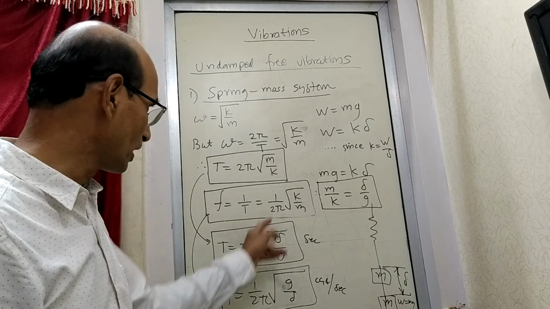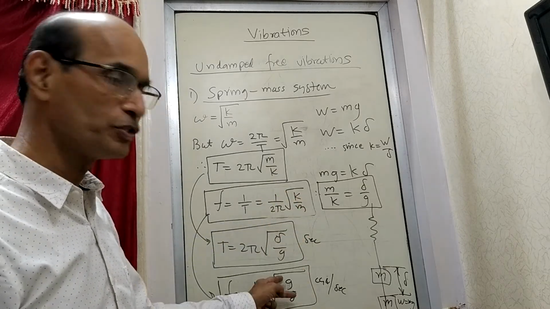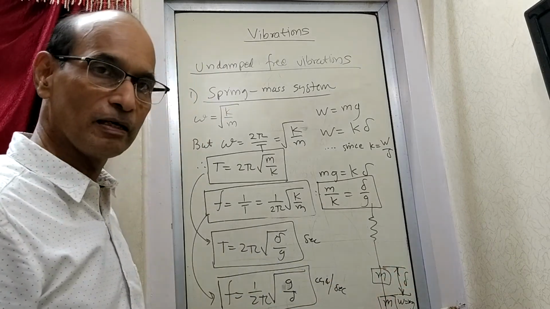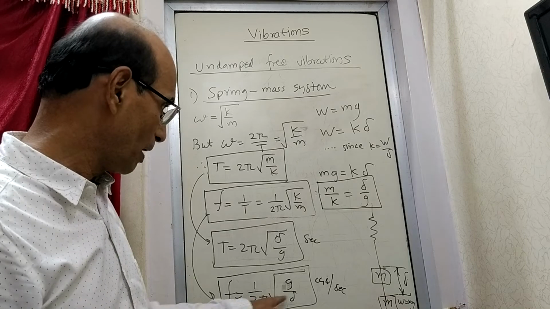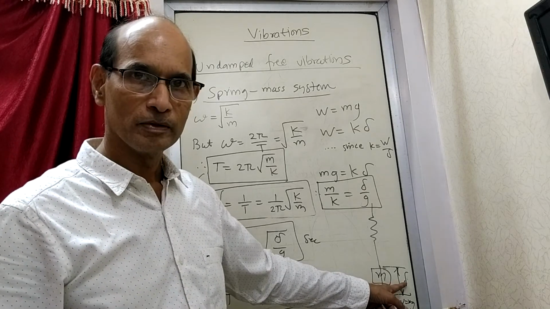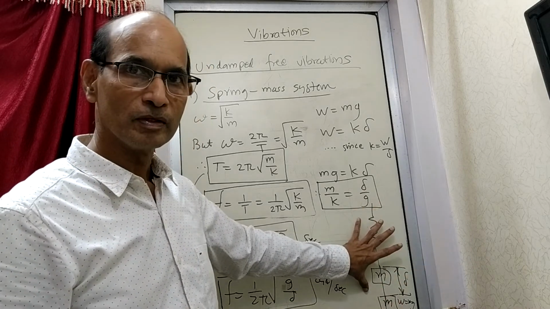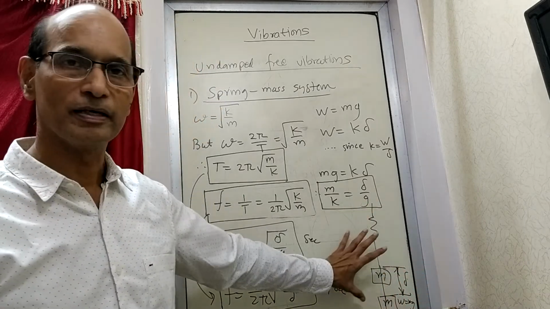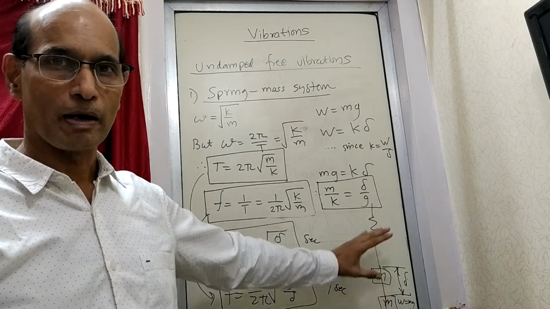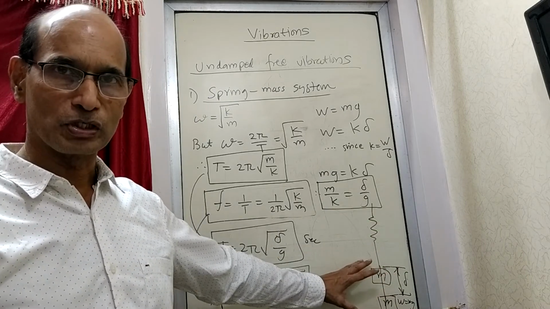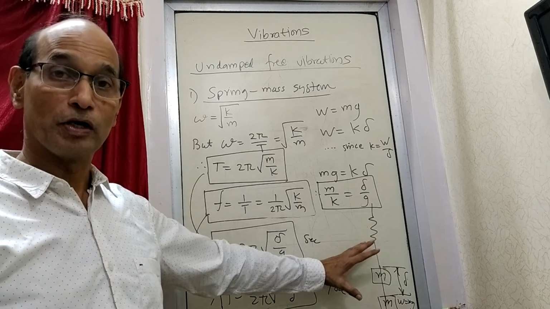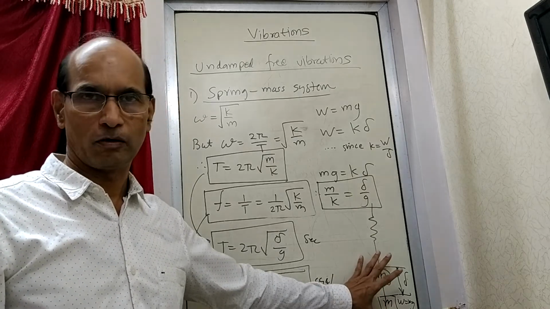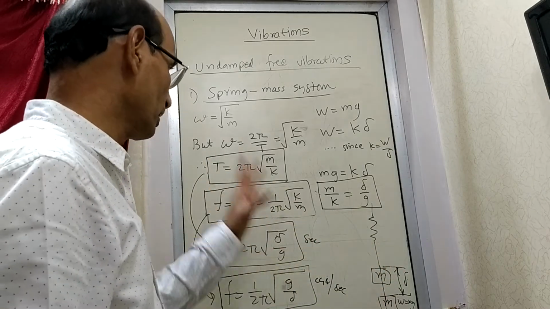Same way, frequency equation again, instead of k and m, we are using g upon delta. So the same case, we are now finding out the frequency by using the delta. So for a spring mass system, if you know the deformation, that will tell you how the spring is going to function once it starts vibrating, what are the properties of that vibration, what is the periodic time of that vibration, what is the frequency of that vibration, we will be able to find out. So that is how this particular exercise is carried out.